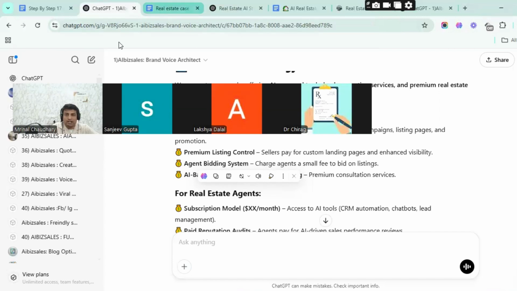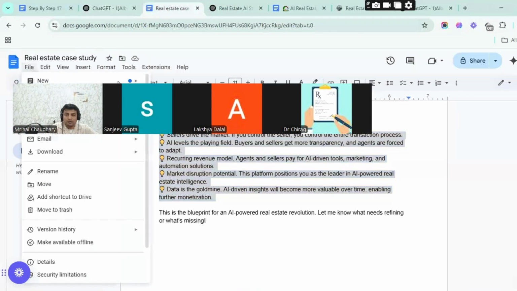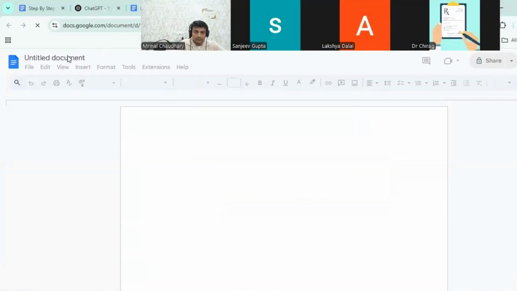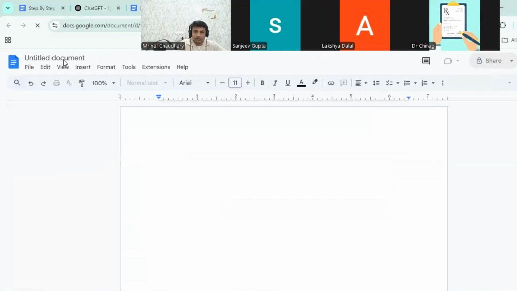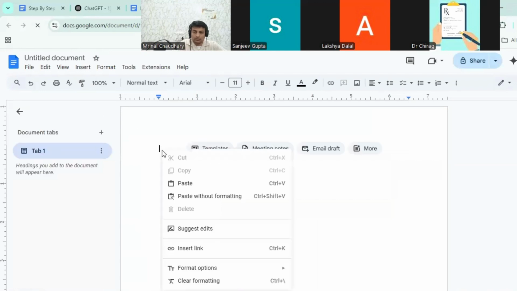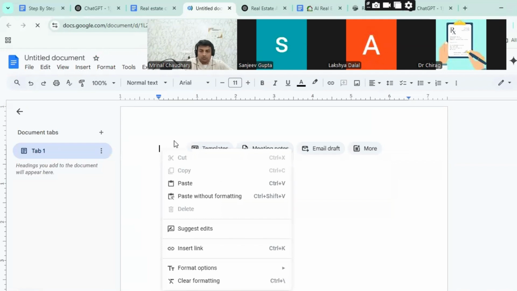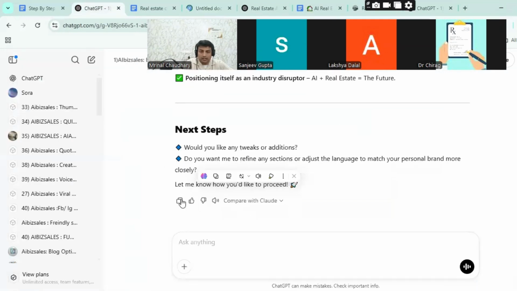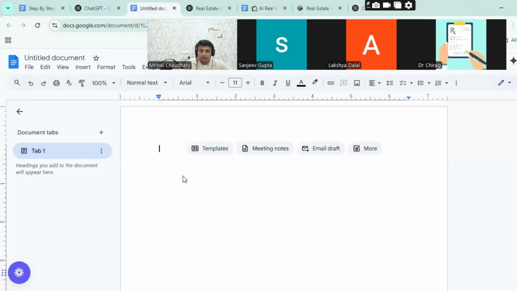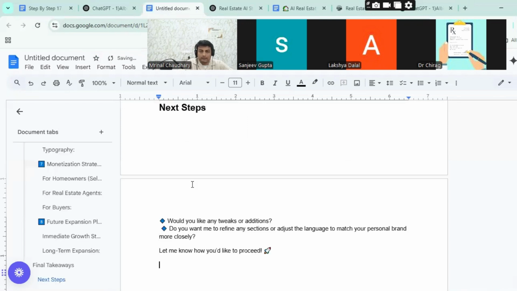I will create a new document. I will scroll down, and here is the copy symbol. I will copy this, and this part is clear, so we will move on. Now I will go and paste it here. Okay,